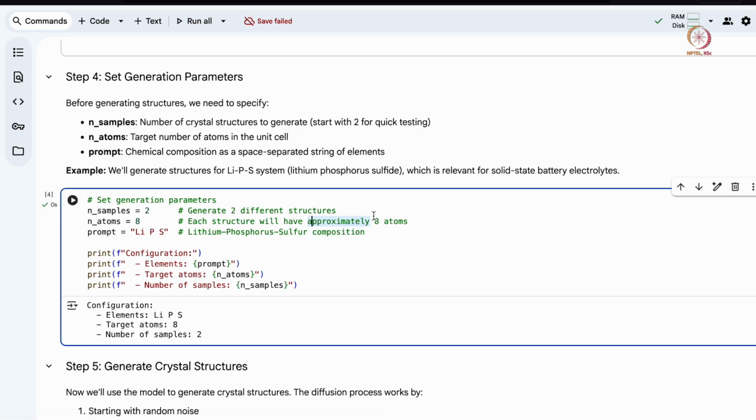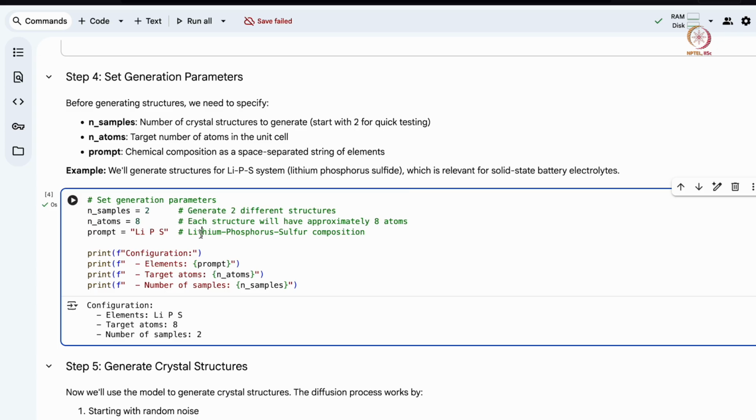The reason they will not all collapse to the same structure is that in this denoising process there are steps in between where a little bit of random noise is also added between subsequent steps, and this prevents all the final denoised structures from falling into the same minima. The same minima means the same crystal structure. So the more samples you generate, the more different structures you can get for the same composition. n_atoms is a rough approximation of the number of atoms you want in your structure. Although we specify it, the number may not be exact, depending on the generation process it undergoes, but it's roughly around that.